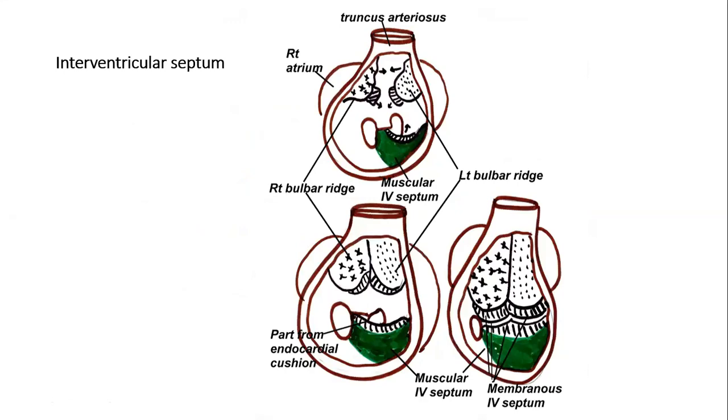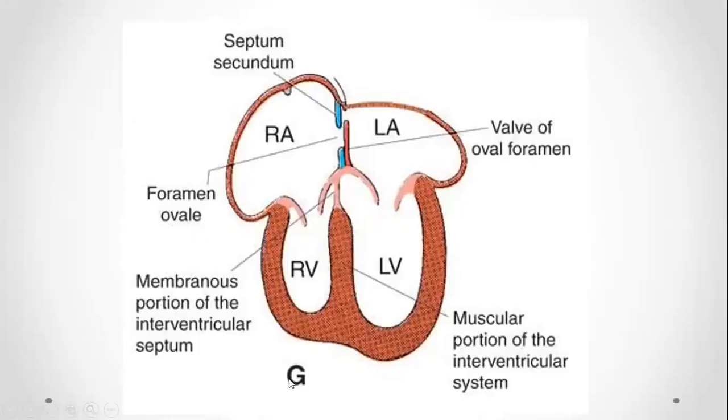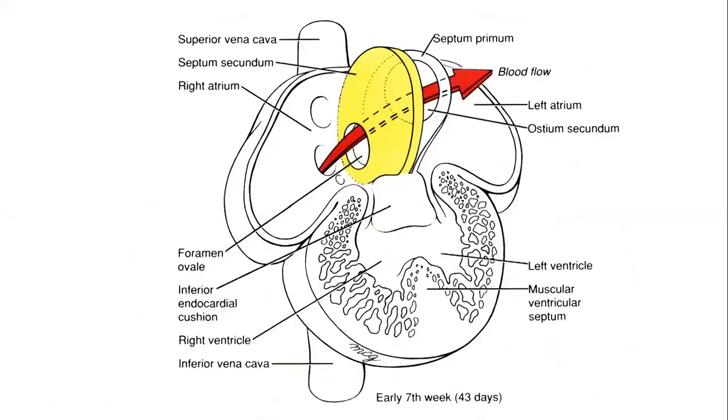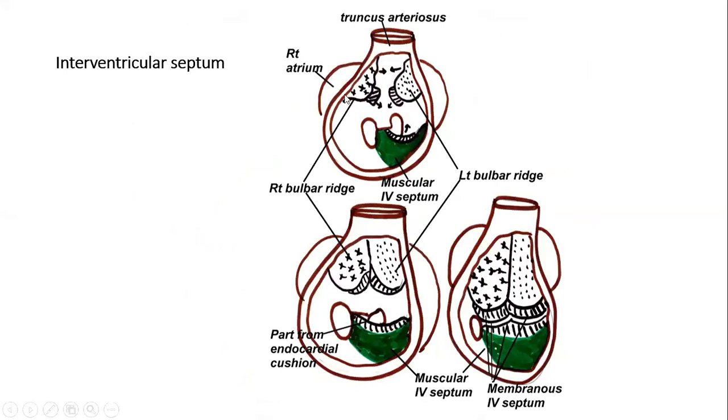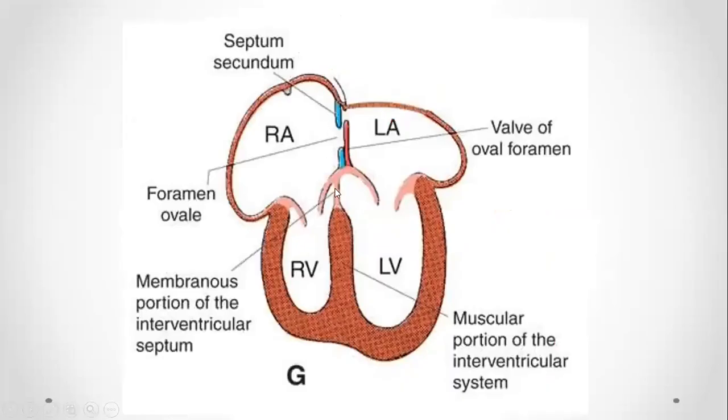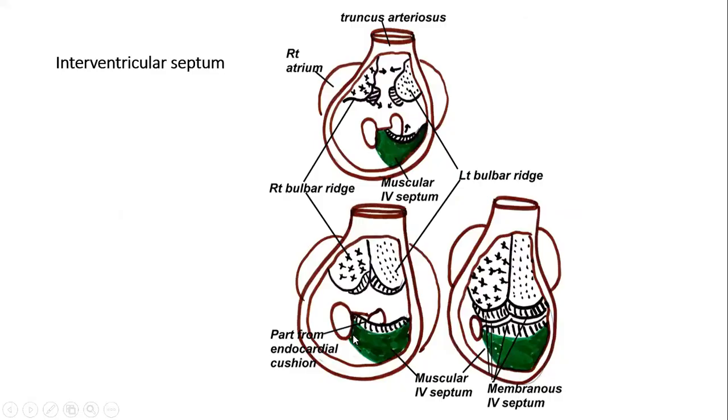Now what happens in the ventricles? This septum has to develop. As you can see here, in this condition there is still no formation of the ventricular septum. So how does it develop? The interventricular septum will develop from the membranous part and the muscular part. The muscular part is developing from below. The muscular septum here, and the left and right bulbar ridges from above, all will join to form the septum like this, with the membranous part above and the muscular part below.